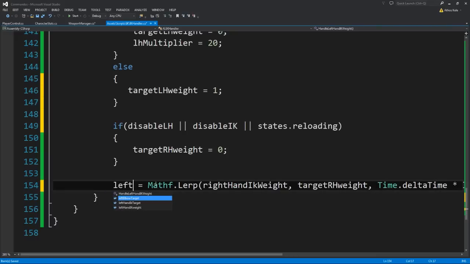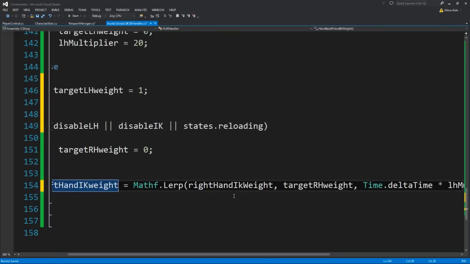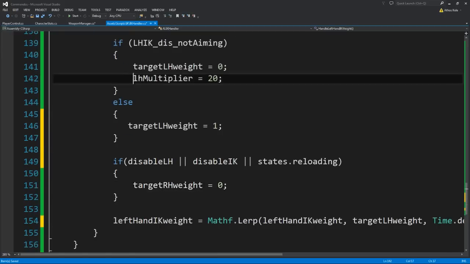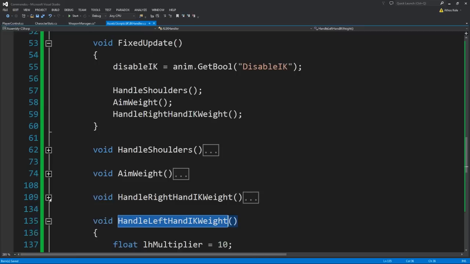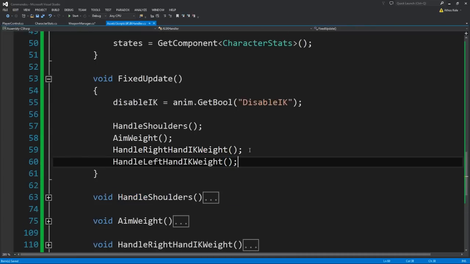So we need to change the left hand IK weight, target left hand weight, and let's just say change the multiplier to, and that's how we can handle the left hand IK. Okay, pretty simple stuff. Don't think you're going to have a lot of problems with what we have done